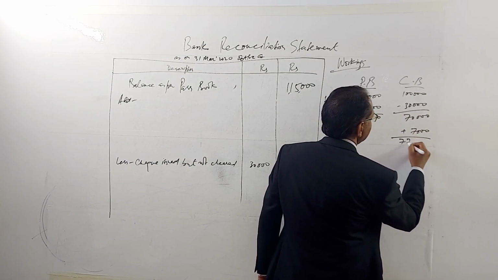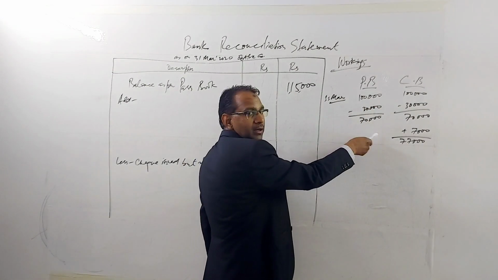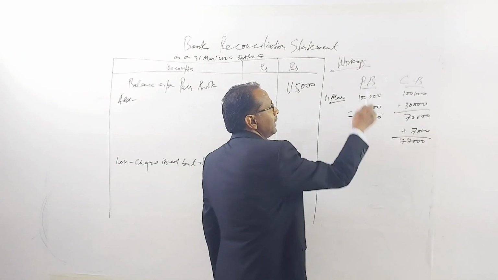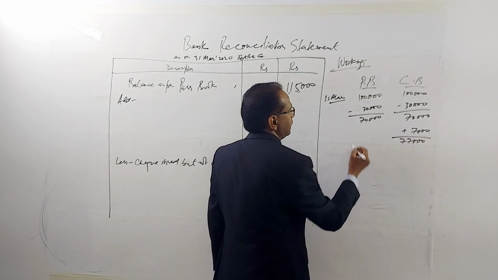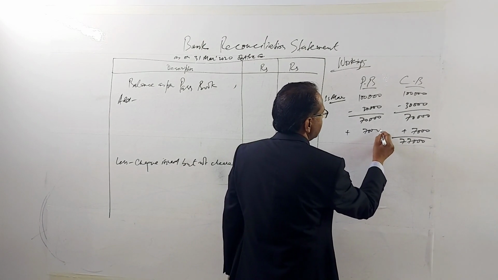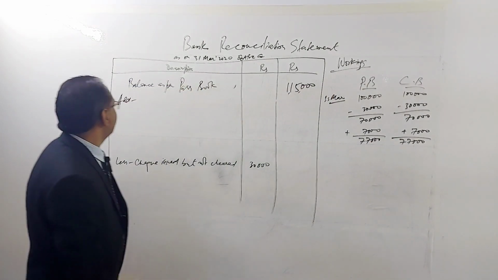व्हाट इज द बैलेंस नाउ? 77,000. व्हाट इज द बैलेंस इन द पासबुक? ओनली 70,000. हमको क्या करना पड़ेगा? ऑलवेज वी हैव टू एडजस्ट इन द लेफ्ट साइड बेस्ड ऑन द राइट साइड. सो हियर आल्सो वी हैव टू ऐड 7,000. तो यहाँ पे मैच कर गया अभी. ओके, तो यहाँ पे ऐड हो जाएगा